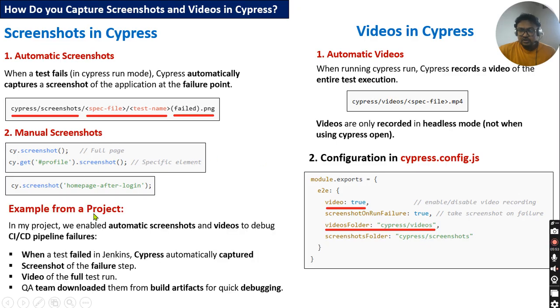They may ask you to give an example from your project. You can just say that in my project we enable automatic screenshots and video to debug CI/CD pipeline failures. This is our main purpose of taking videos and screenshots, for debugging. If something goes wrong, then we need the evidence to prove it,